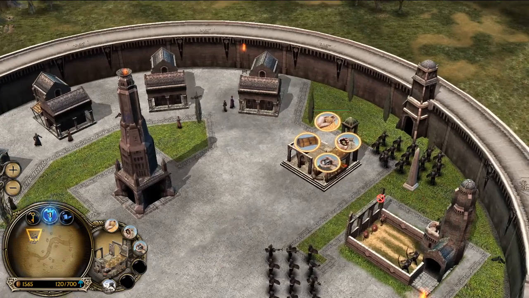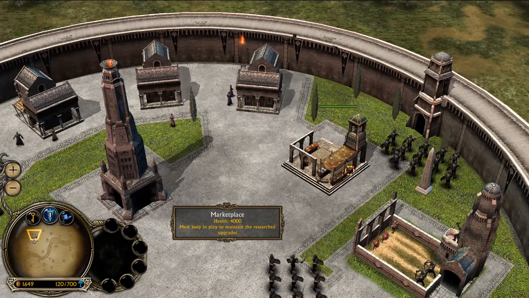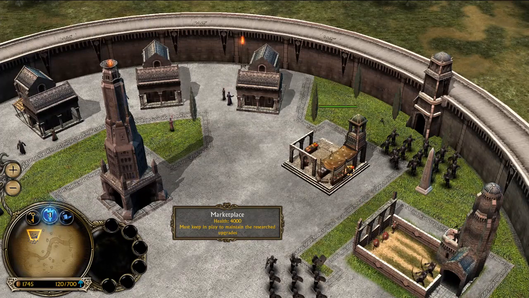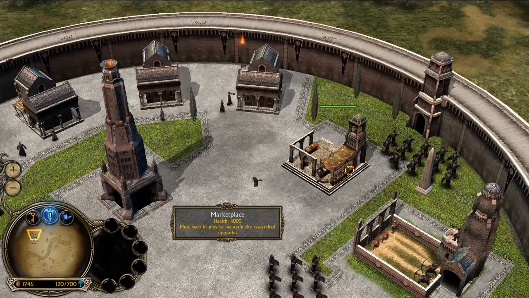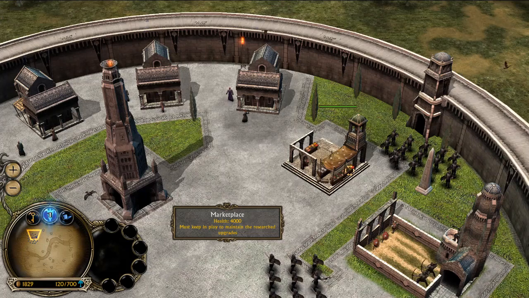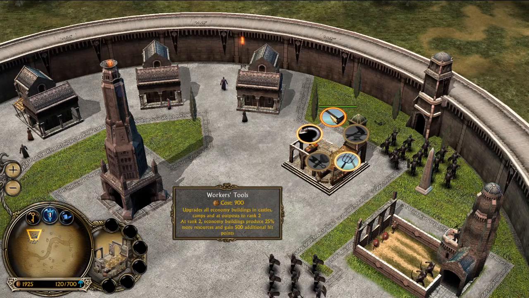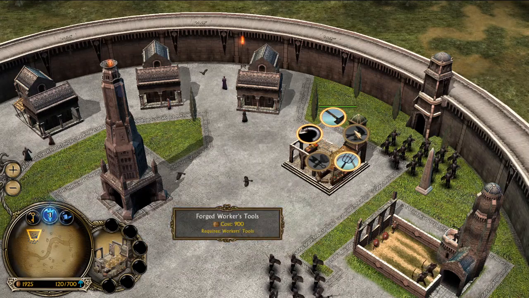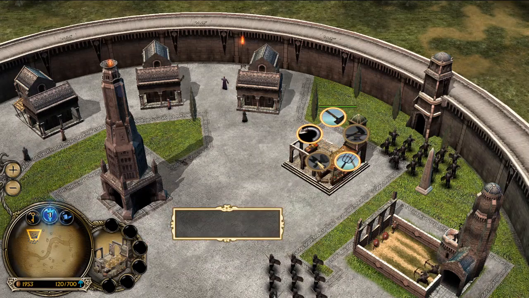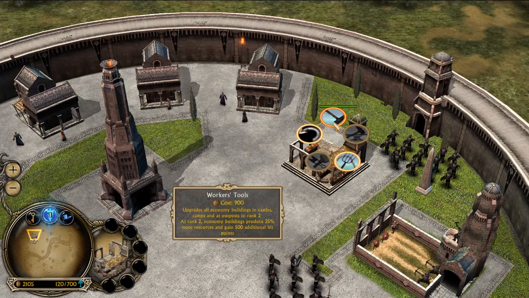upgrades. So for Gondor, it's the marketplace. Rohan, it's your armory. The dwarves, it's your blacksmith or armory, whichever one it's called, and so on and so on. Basically, your economy improving building, or just improvement building in general, will give you more options for money. And you have this in the form of workers' tools, forge workers' tools, settlers' tools, and forge settlers' tools. This is different for some factions, but you get the main gist of